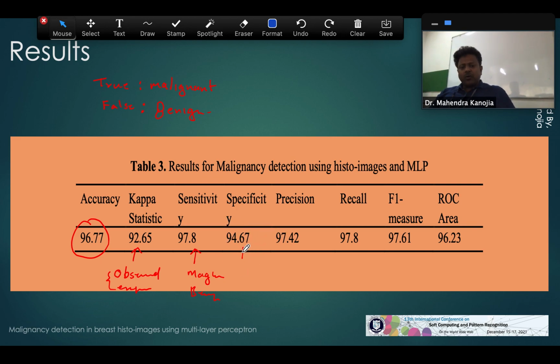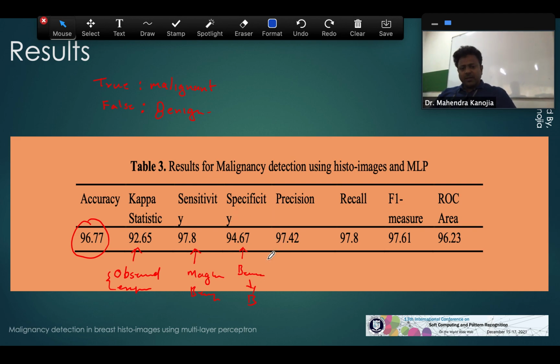Specificity is about predicting benign, which is not cancerous, the false value for us, as benign. So when we say benign as benign, this is again an important factor, because if a patient is not having cancer, then a high specificity rate says that a patient not having cancer is predicted as not having cancer, with a specificity value of 94.67.